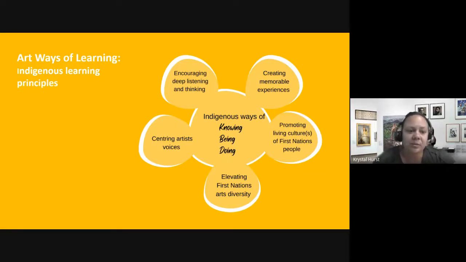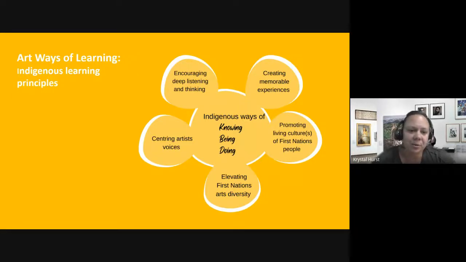So we really love to create memorable experiences for students, and we can really do that also in the digital space as well. And to create those memorable experiences, it's focusing on learning through culture, not just about culture. And that's one of our key frameworks for really focusing on how we know, be, and do. And we really do focus on how we teach as well as what we teach, to really encourage appreciation and creativity amongst the students.